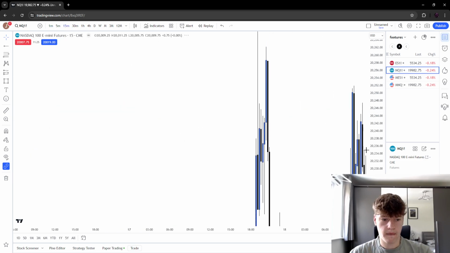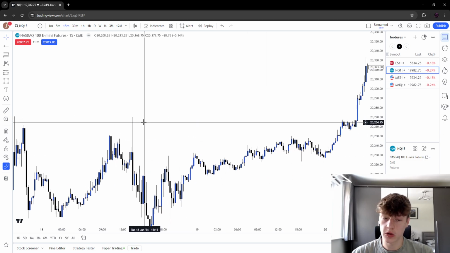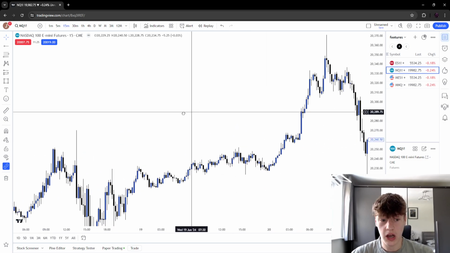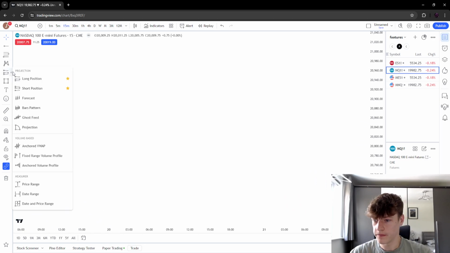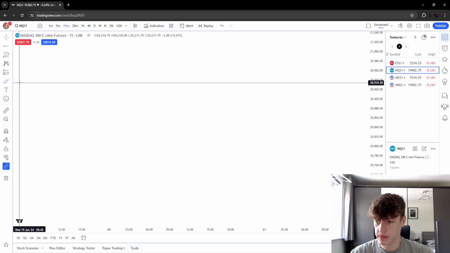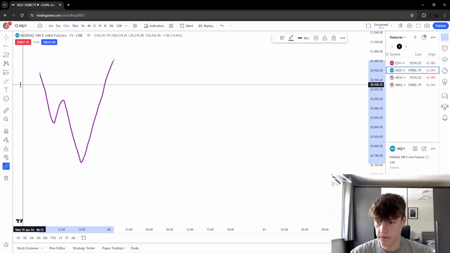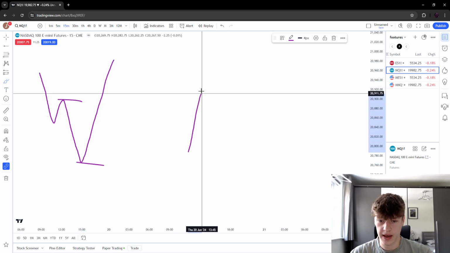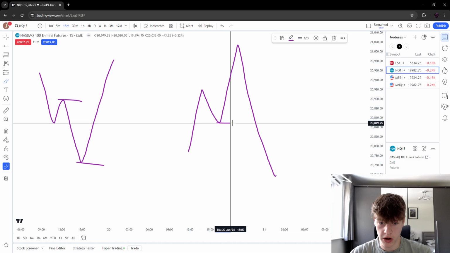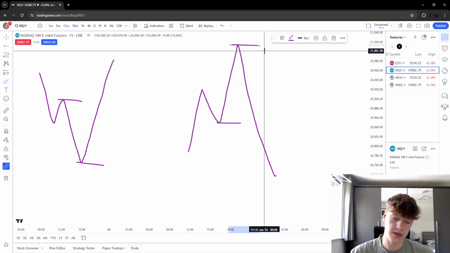lower. Order blocks for me, they're quite useful if there's no imbalances. That's only really when I turn to use them. But quite simply, this diagram helps me a lot. It's that price range, the move that sweeps out the liquidity. So recap, the order block is that move, the move down or the move up that sweeps